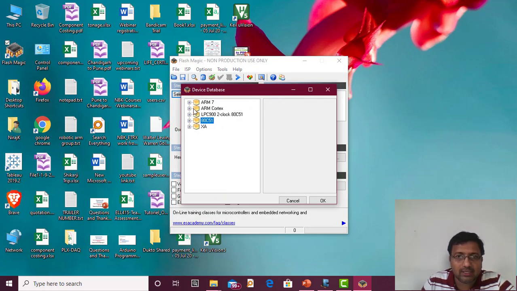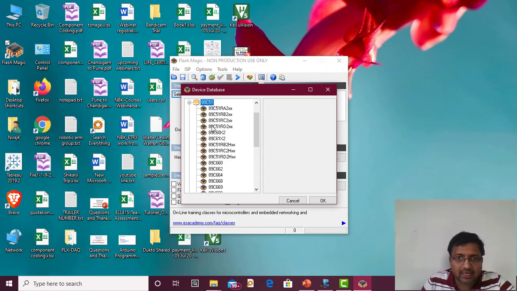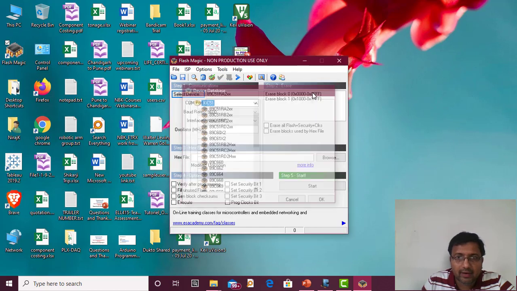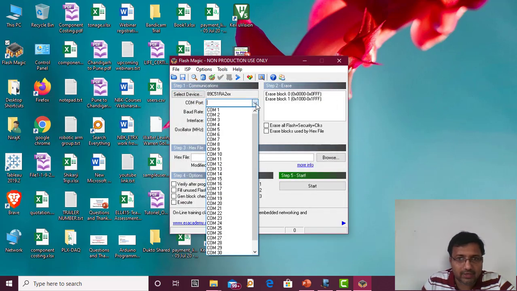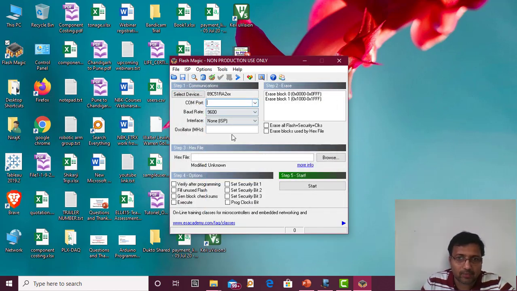It supports all the Freescale devices like NXP devices. So you can select 89V51RD2 here. We can also select the COM port, the one you have connected your programmer to. Put your crystal oscillator frequency, browse the hex file, and then again we have verify. Look, here are the security bits. Four security bits are available, so the same thing is available.